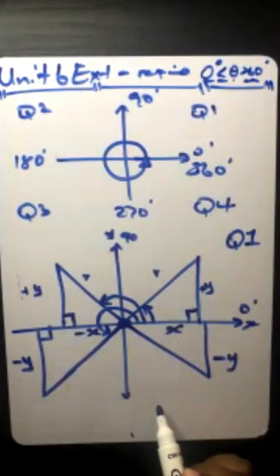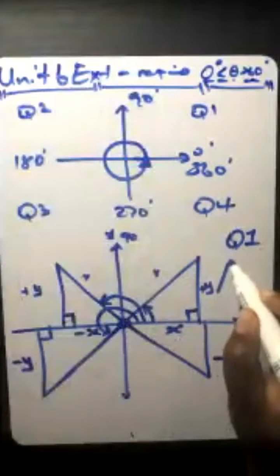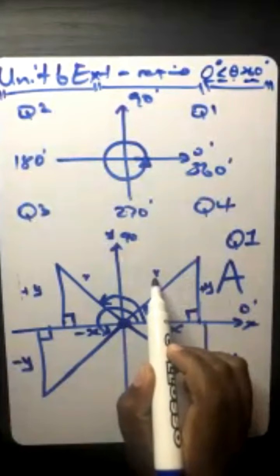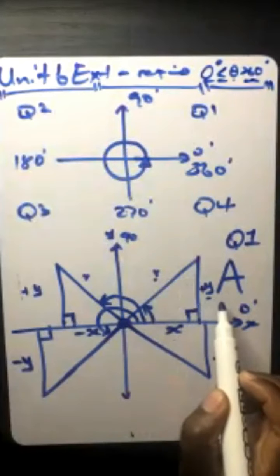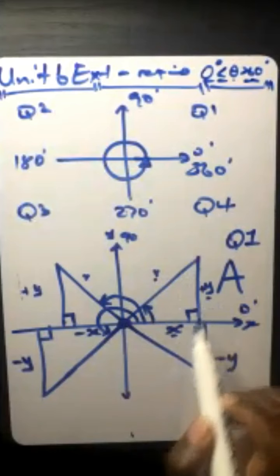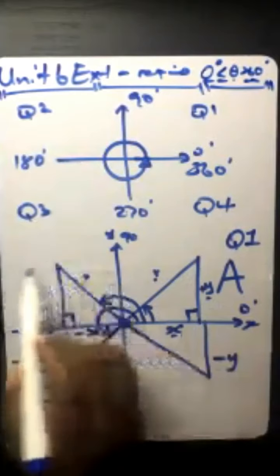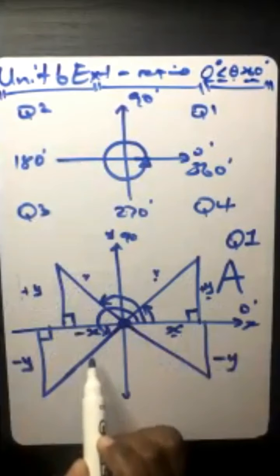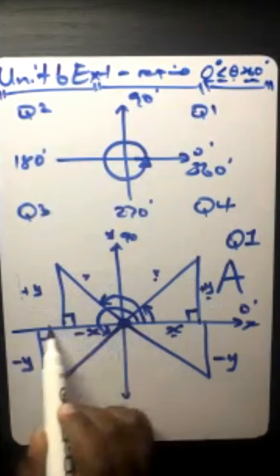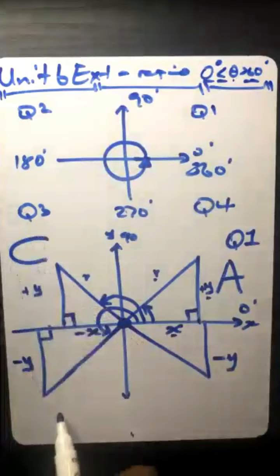Which is the reason why we say in this quadrant all trigonometric ratios are positive, because whether you say positive r divided by positive that, you get a positive ratio. That over that, you get a positive ratio. That over that, you get a positive ratio. But here, it's only x, which is negative, and x is on the adjacent side. That is the reason why we say cos is,